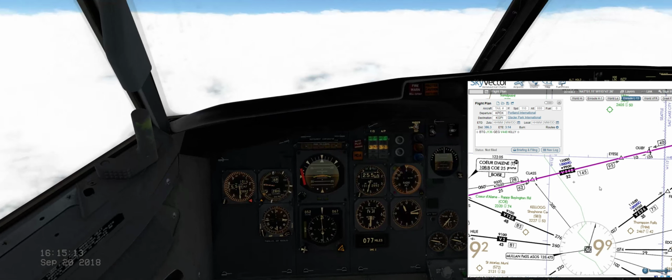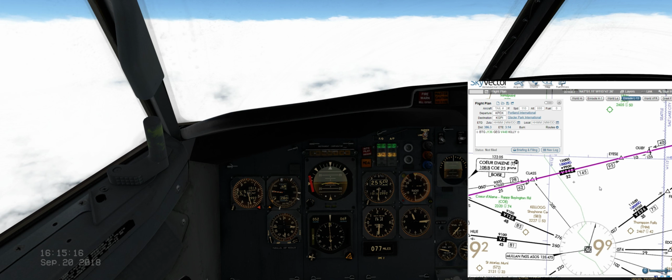Looking pretty good. Descent checklist is pressurization, landing altitude checked, recalled, checked, and auto brake. We set it to medium, that's fine. Landing data is set, reference 120, and